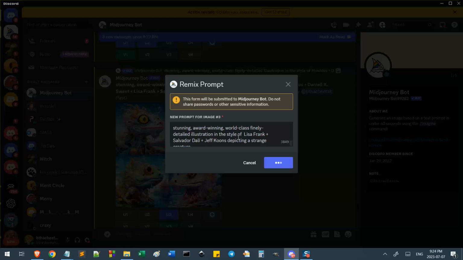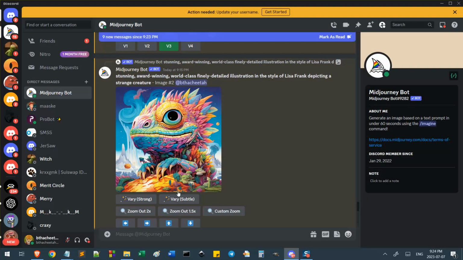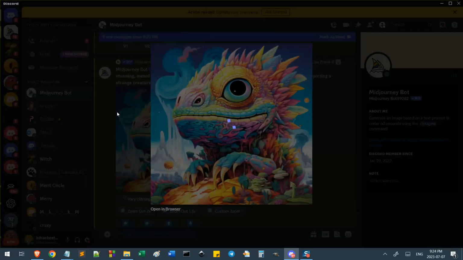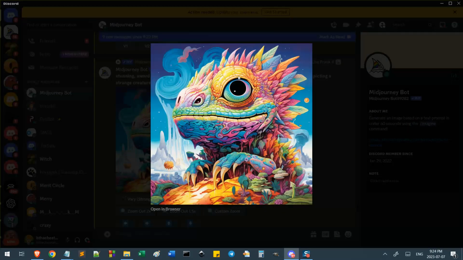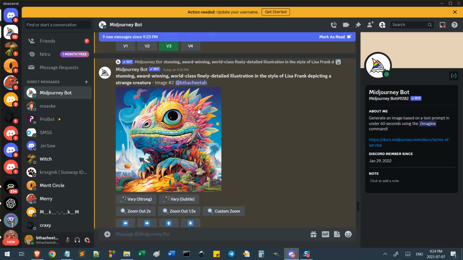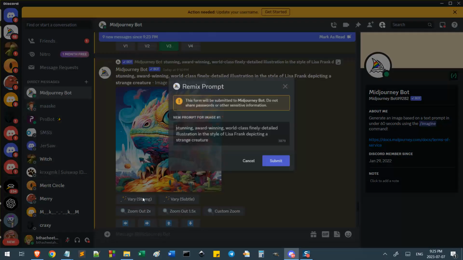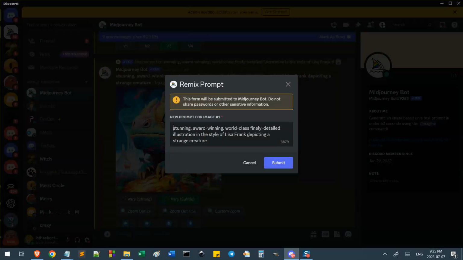So there's another combination, which makes another style. Okay, and then what if Lisa Frank and Tim Burton collaborate on this one, but we want it to be similar, like subtle variations rather than strong. We don't want it to vary so much, so it's subtle. So right, with Tim Burton,